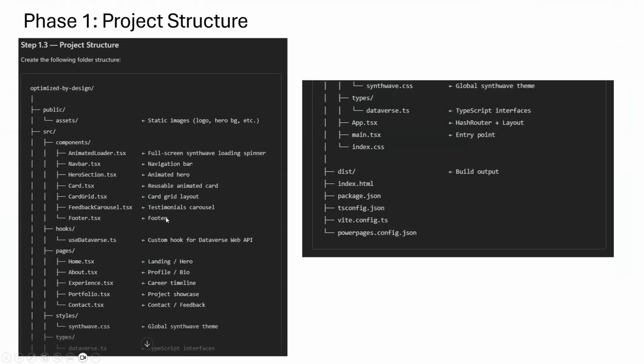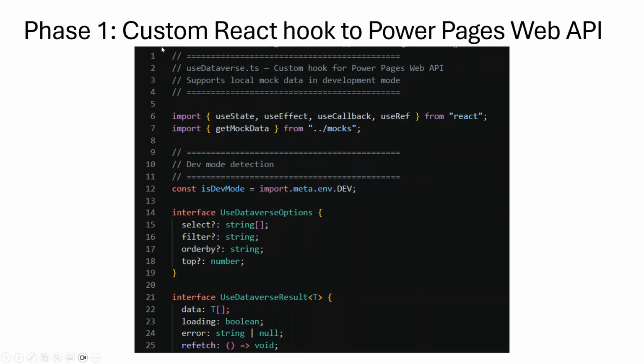So basically, I created this initial structure. Then we created a custom React hook for Dataverse. This is a custom React hook that abstracts all your Power Pages web API interaction in a single reusable interface. The goal is that the components you build throughout your application shouldn't care whether your data comes from Dataverse in production, or if you need to mock it in local dev. They just use a single